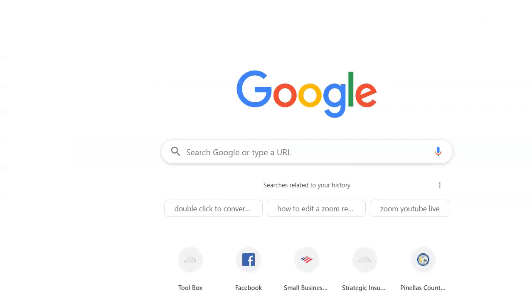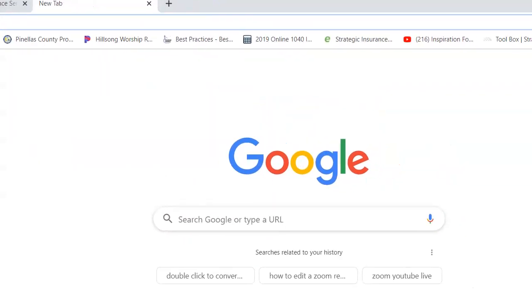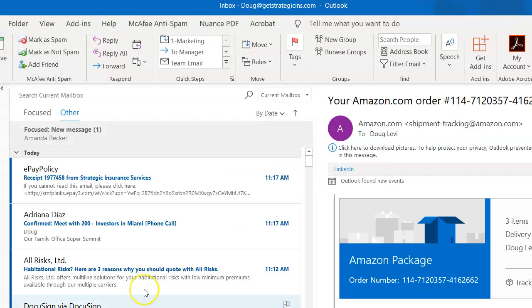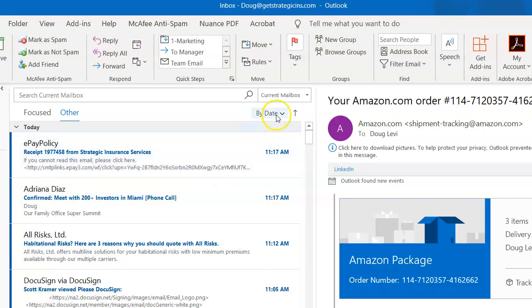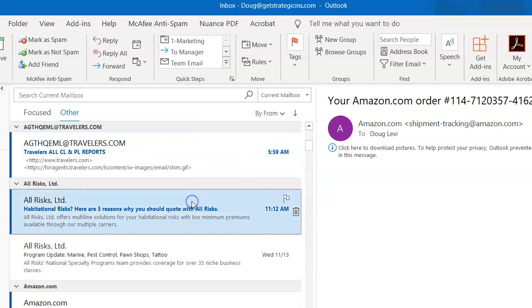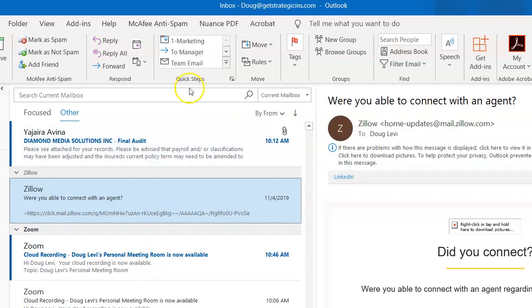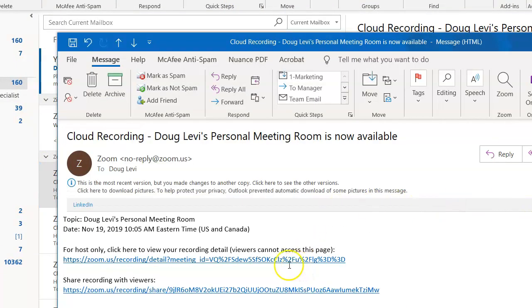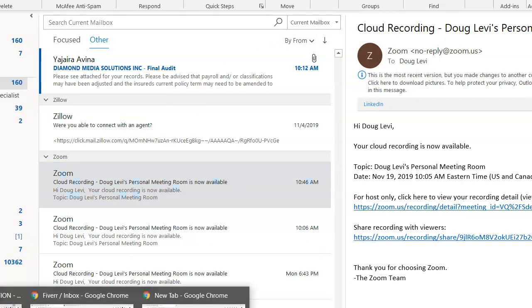So the first thing you're going to do is you're going to go into Zoom, or I'll forward you the link. At times the link will look like this. Or I would send you something like this, and it'll say, hey, your cloud recording is available, and I may forward it to you. If I didn't, or you ever needed to get into Zoom, which is what I'm going to show you now,